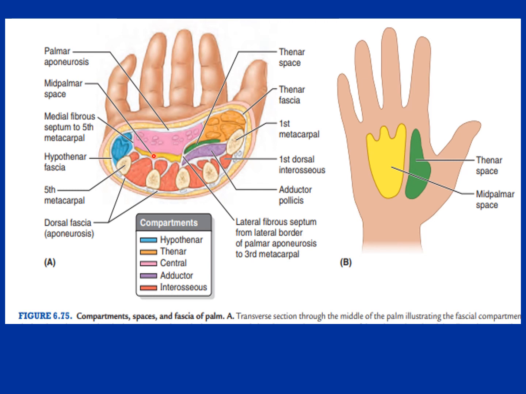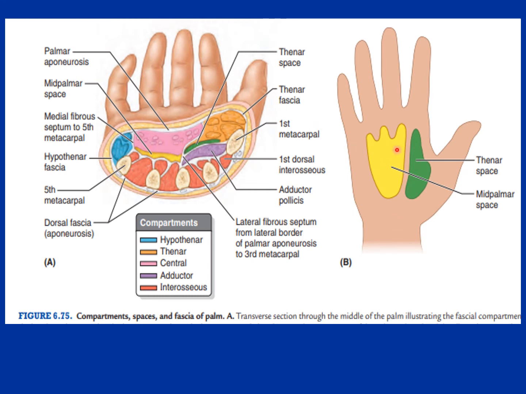The mid-palmar space is a little bit bigger in size, just below the long flexor tendons, and it is important because this space is continuous with the forearm below the long flexor tendons. So infection of the hand can travel back to the forearm, or infection from the forearm deep to the long flexor tendons can travel to the hand through this space. So these are the major spaces present in the hand.